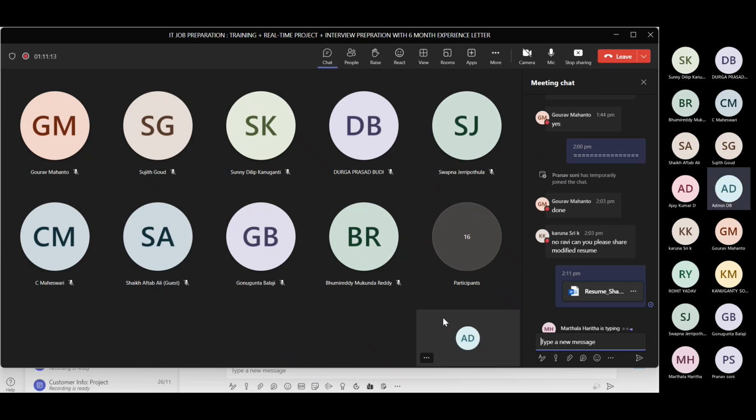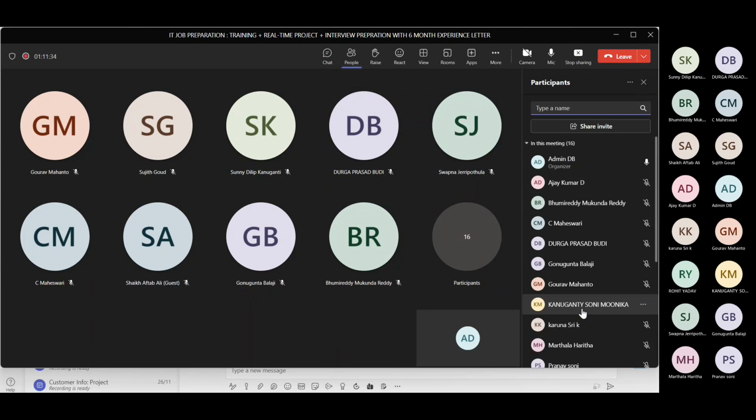So what everyone needs to do now is go with this resume and update your resume. If you have anything additional in your mind that you think is logical, update it. We'll connect after. I think everyone is from India only, and most of you should be available.